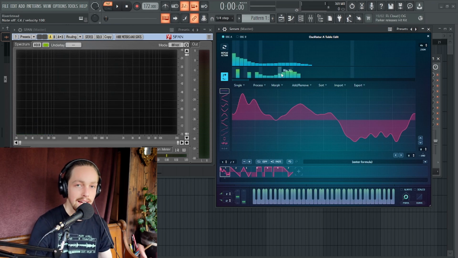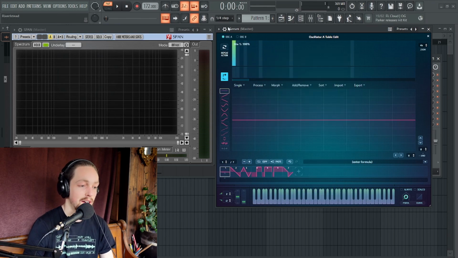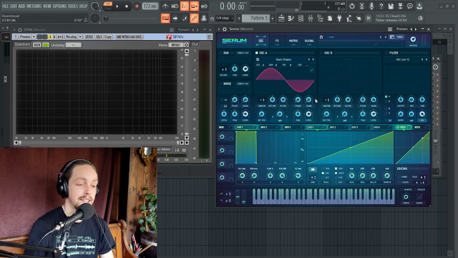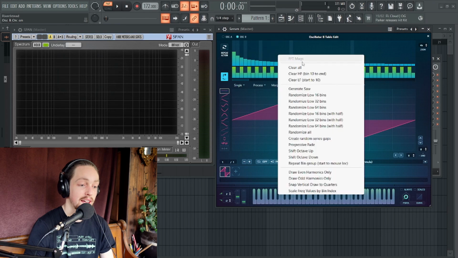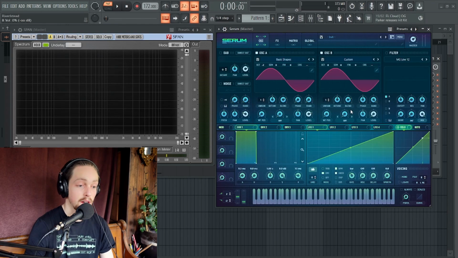So pretty much any sound is composed of harmonics and phase relationships. Different sounds just have different combinations of harmonic volumes and phase positions for those harmonics. Another way of generating harmonics is FM synthesis, which is quite complicated to explain, but I'm going to do my best. FM basically works in a way that the frequency of one waveform is affecting the frequency of a second